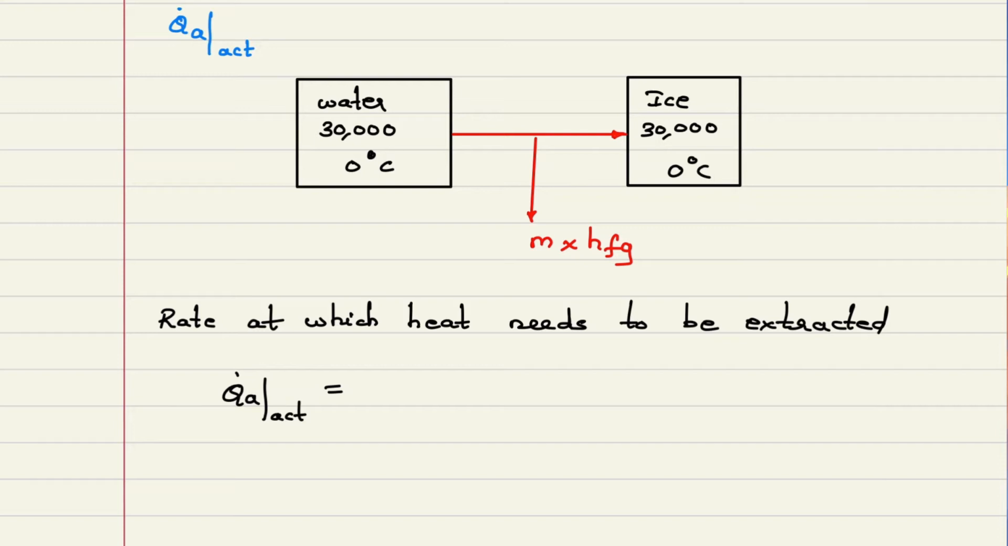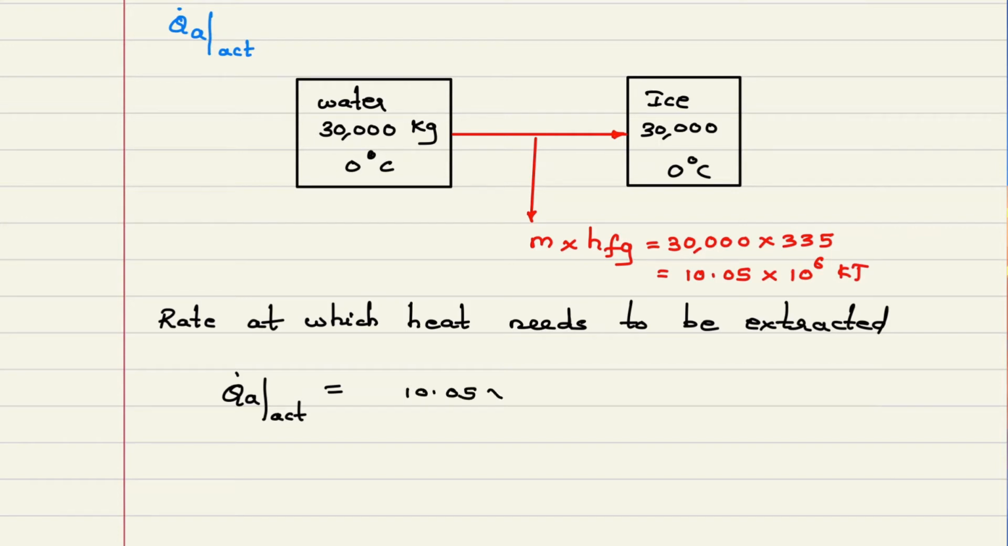What is this mass into hfg? Mass is 30,000 into hfg is 335 kilojoule per kg. From here we can calculate this value, which is equal to 10.05 into 10 raised to 6 kilojoule. So to convert 30,000 kg of water to ice at the same temperature, 0 to 0, we have to extract latent heat. What is that heat value? It is